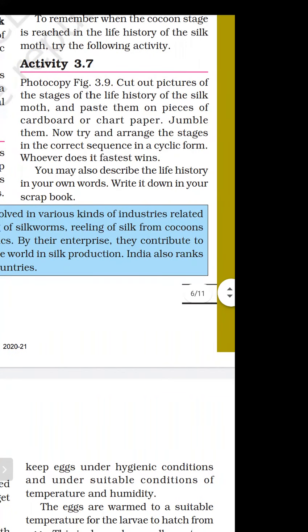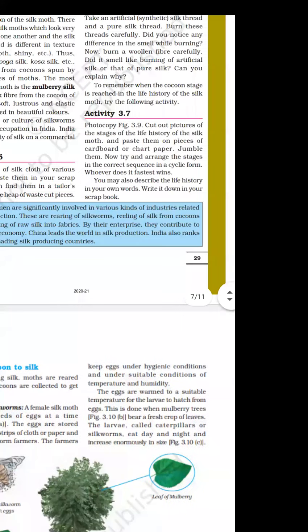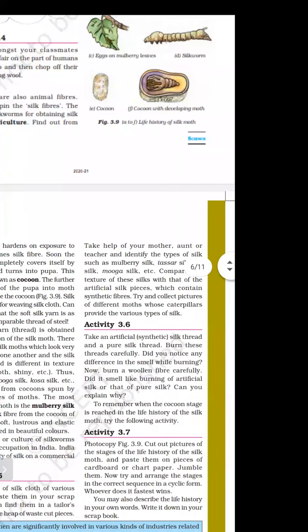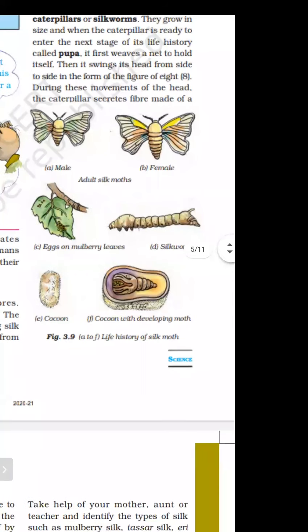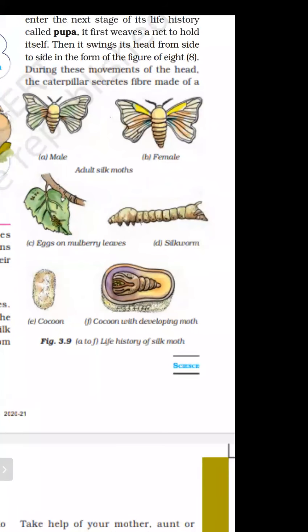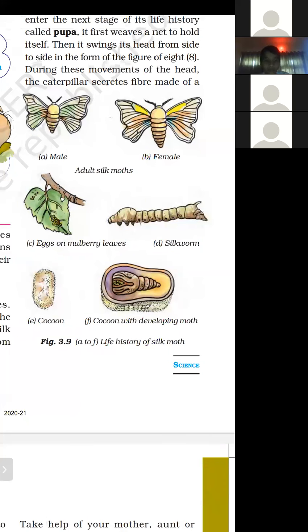So look at the picture 3.9. So this is the picture 3.9. With the help of this picture, you have to draw this picture in your practice notebook. After that, in the fair notebook. So first you will draw this in your practice notebook. So the life history of the silk moth. So male and female, look at the